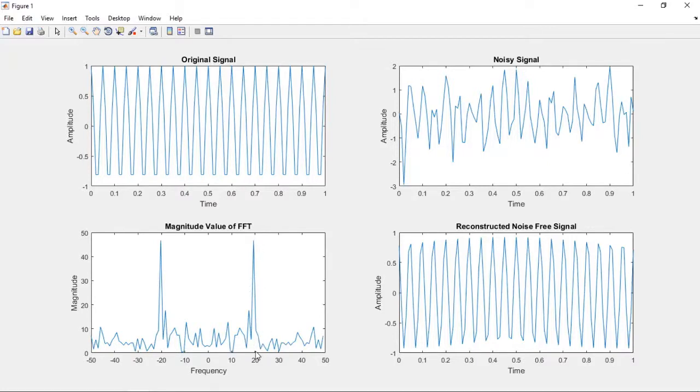So we are making changes in the Fourier transform, and from the significant coefficients we are able to reconstruct back the signal. So this is the reconstructed signal, which is a noise free signal. So we are able to reconstruct the signal where the noise is removed.